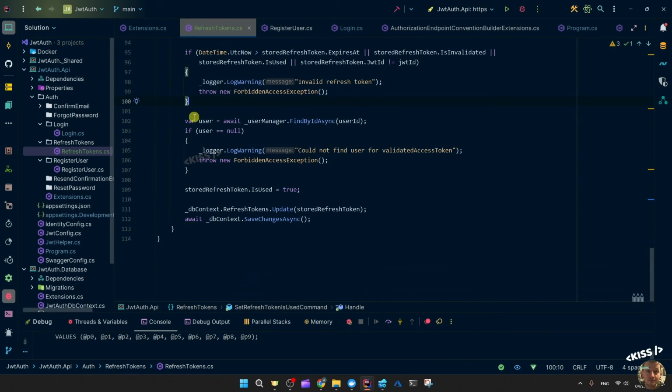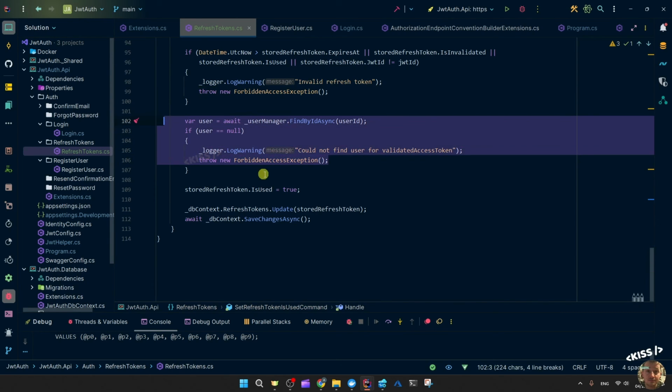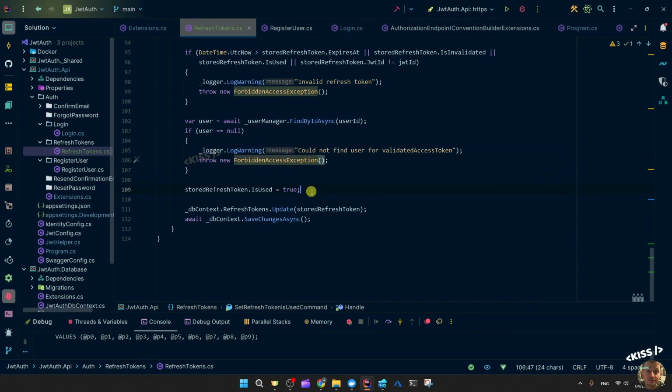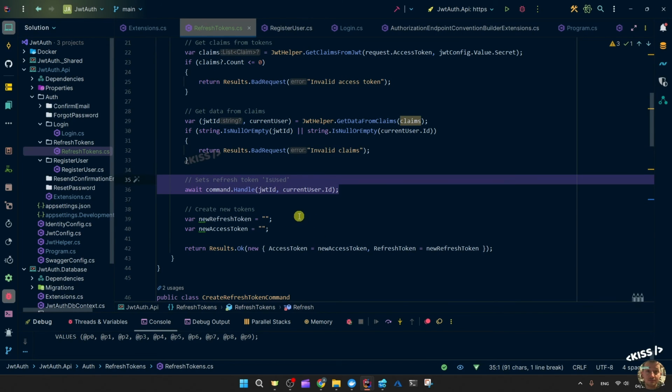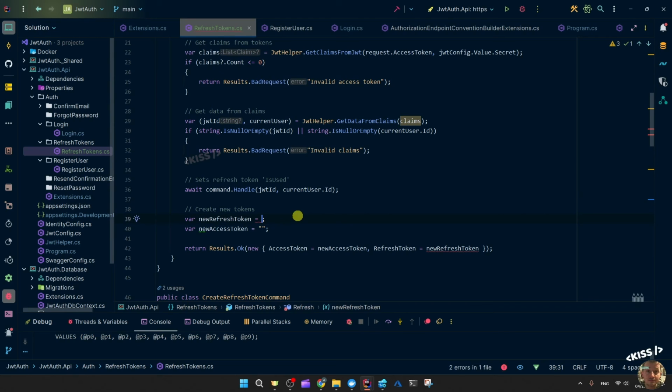If it is all correct and valid, we're going to do one more check on the user ID to see if that token actually belonged to an existing user. If that's not the case, forbidden again. If everything went fine, we just update it to is true, update that. And if no exception occurred in this refresh token checking and updating, then we can create our new ones, which